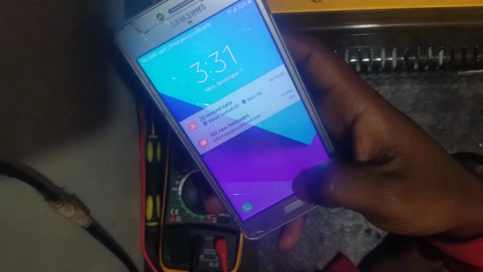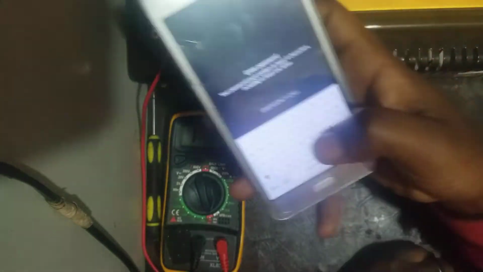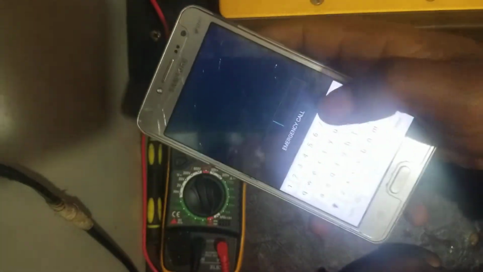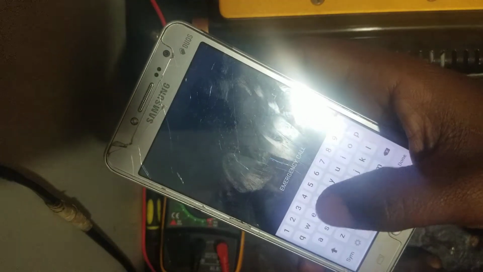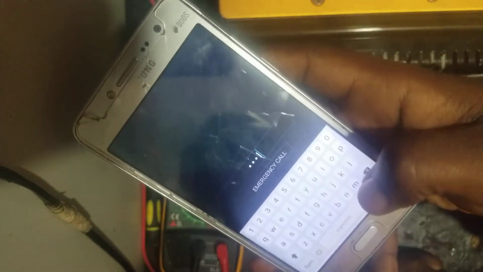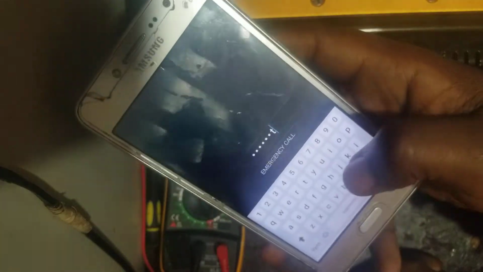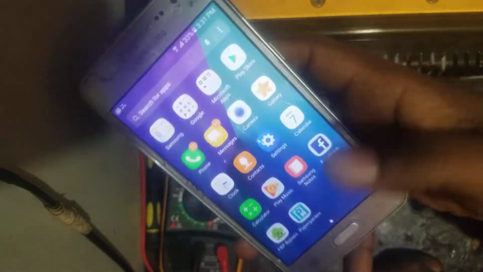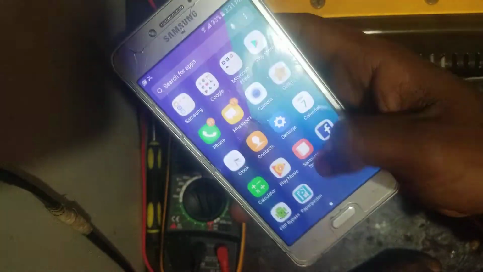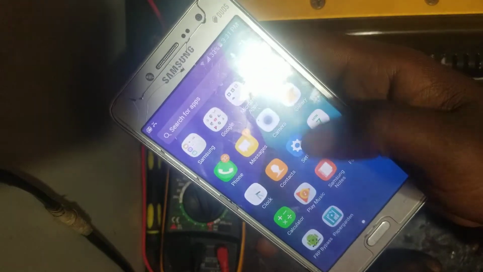Hello guys, in this video I'm going to show you how you can factory reset your phone if you know the password of the phone, and you can do it in an easy way. You first put in the password to remove the password and access settings. Then after seeing your apps, you go to settings,